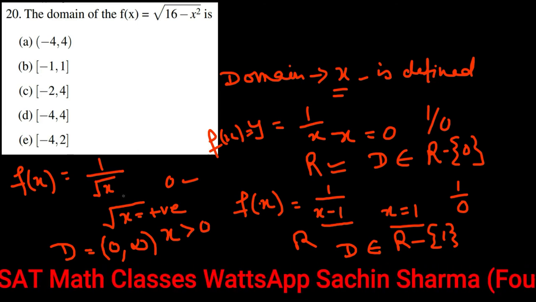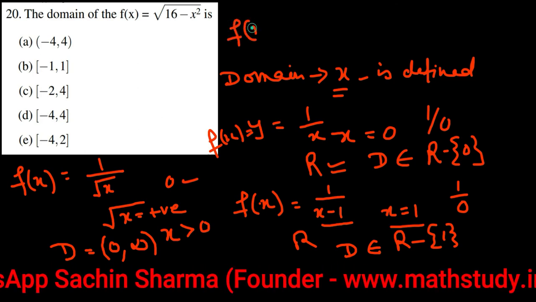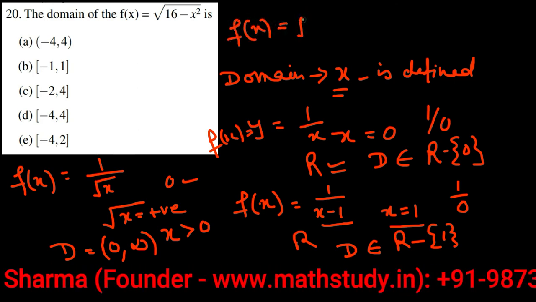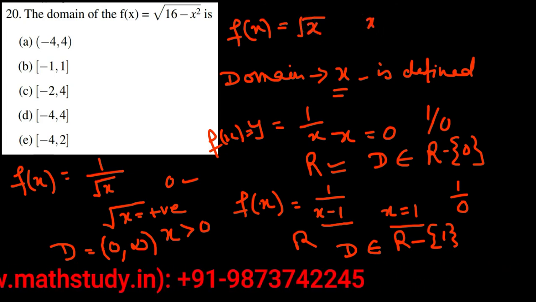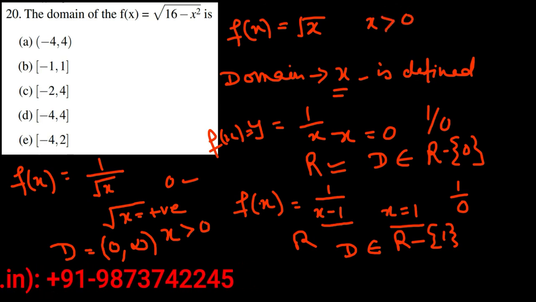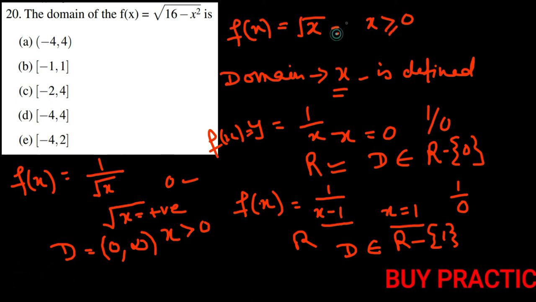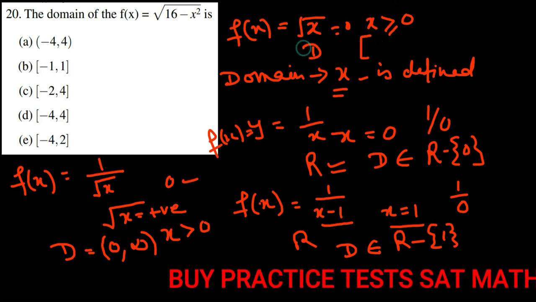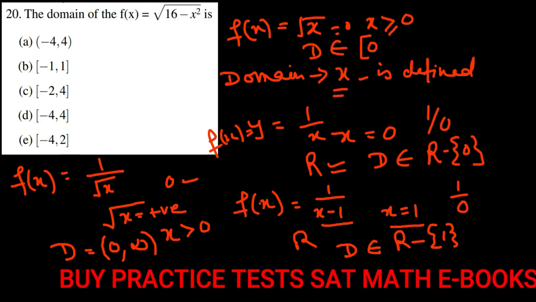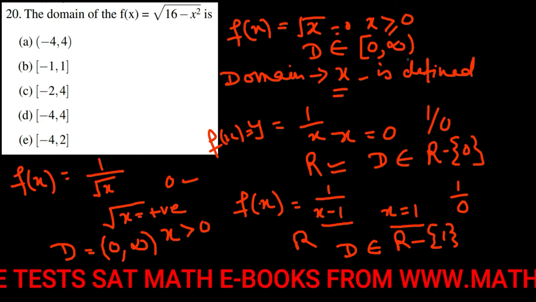So this was another example. Let us take another example here. Let us take f(x) equals root x. In this case also we can say that x should be greater than 0, but in this particular case x can be 0 as well, because if x is 0, the function is 0, which is defined. So in this case our answer will be like this. The domain of this function is nothing but 0 inclusive to infinity. So our domain will be like this one.